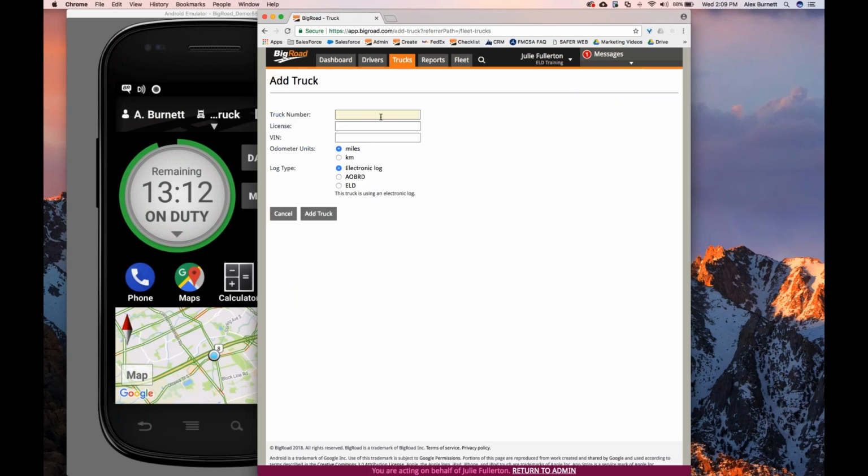When you're going in and adding a new vehicle, you will be able to give it a truck number or name. So you can either call it truck 001, or you can say John's truck. Throw in the license number, the VIN number, will all be required for it to be ELD. You can select your odometer units here, and then you have the option to pick which type of logging system